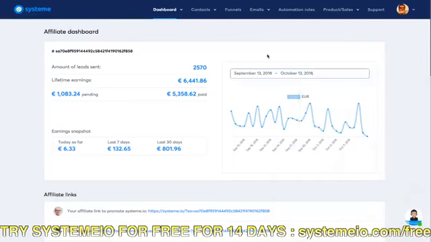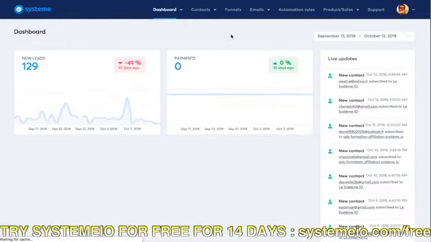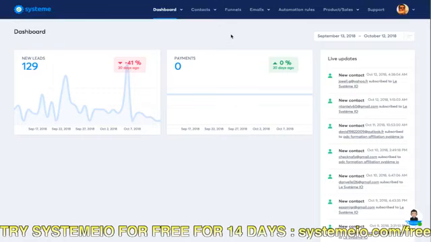So, okay, let's start from the main dashboard. As a customer, I have only the $27 plan. I don't have the $97 plan, but it's already enough for me because I don't have many products to sell myself.